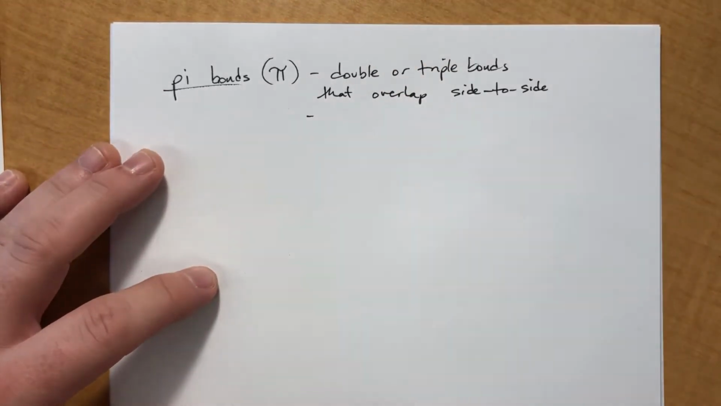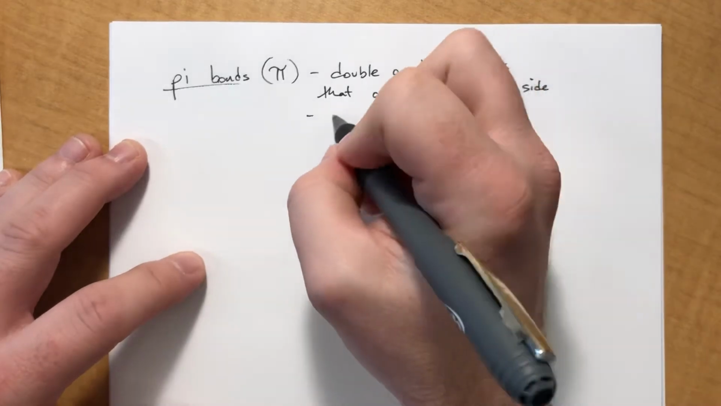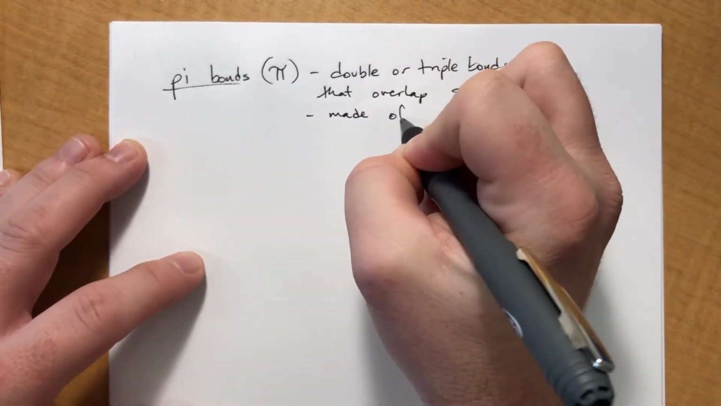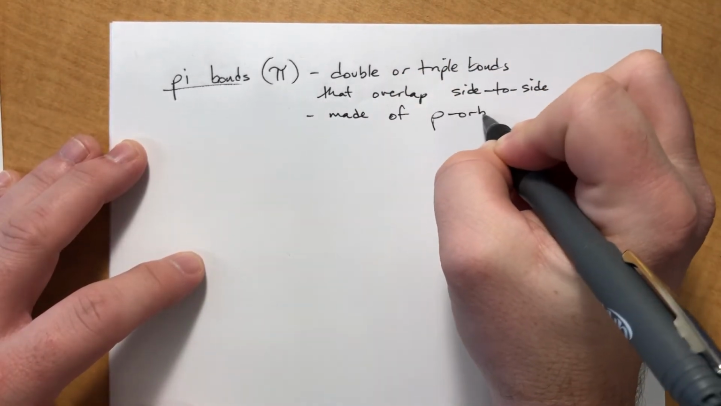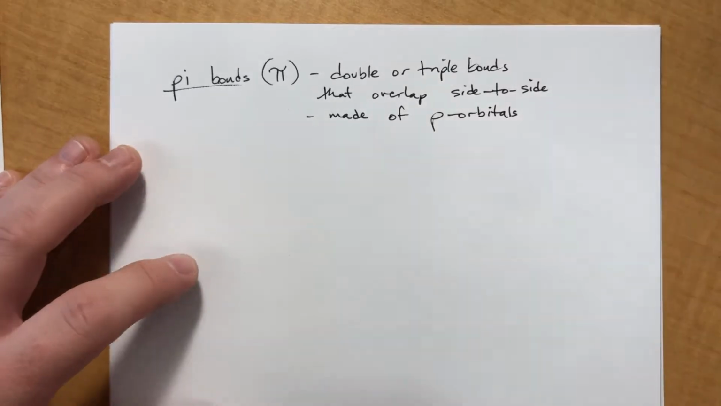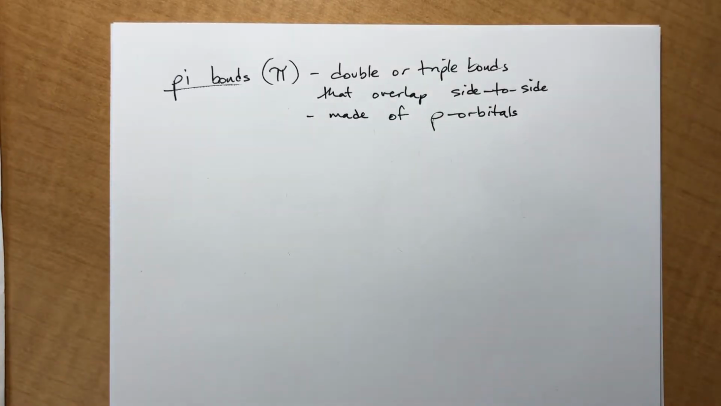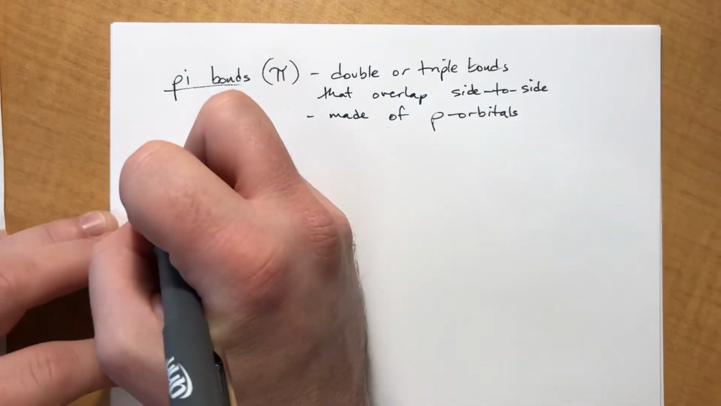And these are exclusively made of p orbitals. Okay, this is where things are gonna get a little weird looking. So I'm gonna look at a specific molecule and try to draw these orbitals and try to explain what's going on. Okay, so let's look at